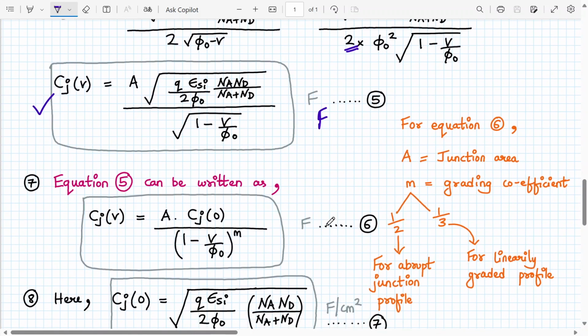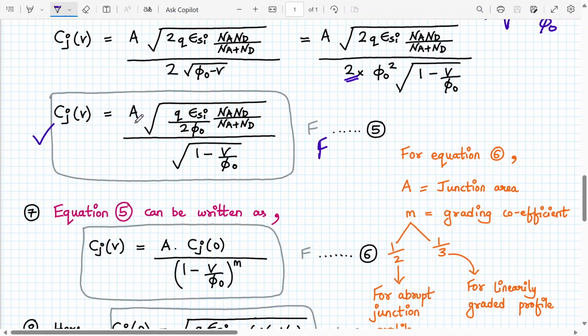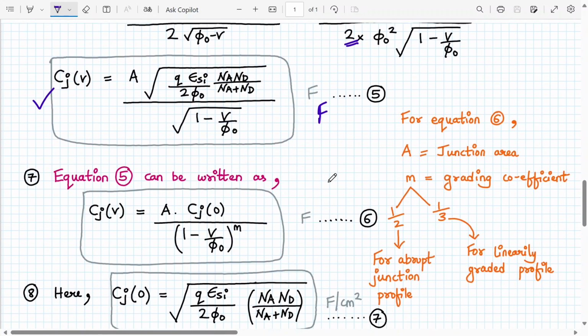This is very important for solving numericals. So Cj of V is a function of voltage, and will be area into the square root of this term in the numerator, and in the denominator we have 1 minus V upon phi naught. A is my junction area. Now, if I rewrite equation number 5 as follows: